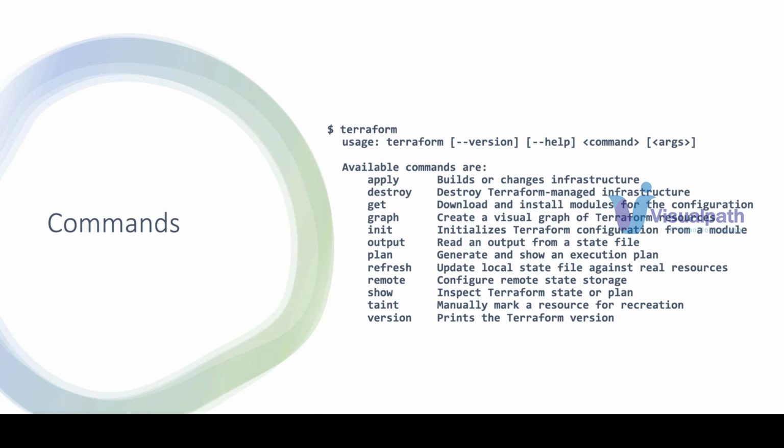What would be the flow of the training? Which technology or tool are we going to cover first? First, we'll set up the AWS account. We'll set up the Terraform tool in your local. Once that is done, we are going to understand the basic services with AWS. Already you must be knowing; if not, I'll go through the basic services. How do we provision those services manually first? And then we are going to start understanding the scripting part, the syntax.